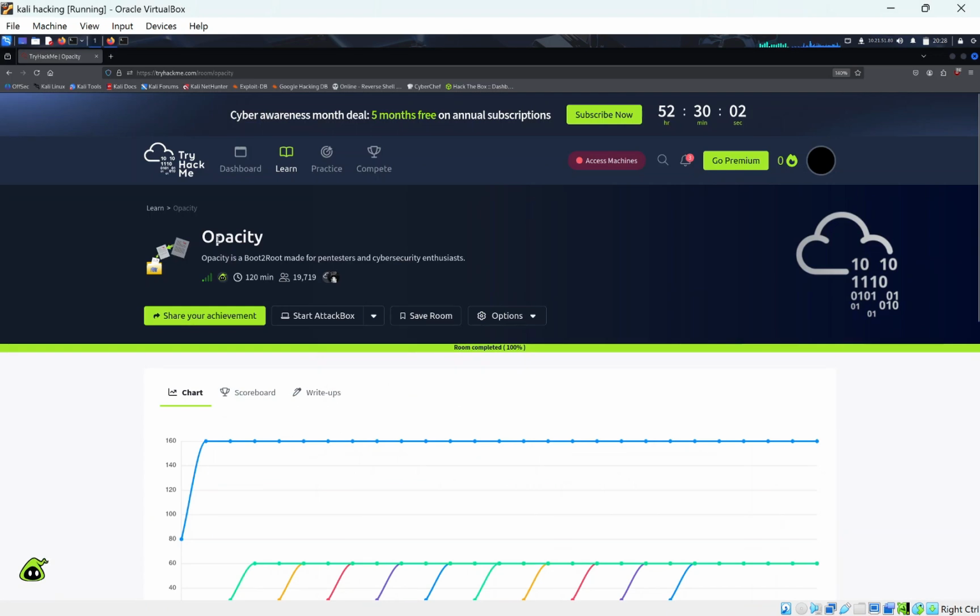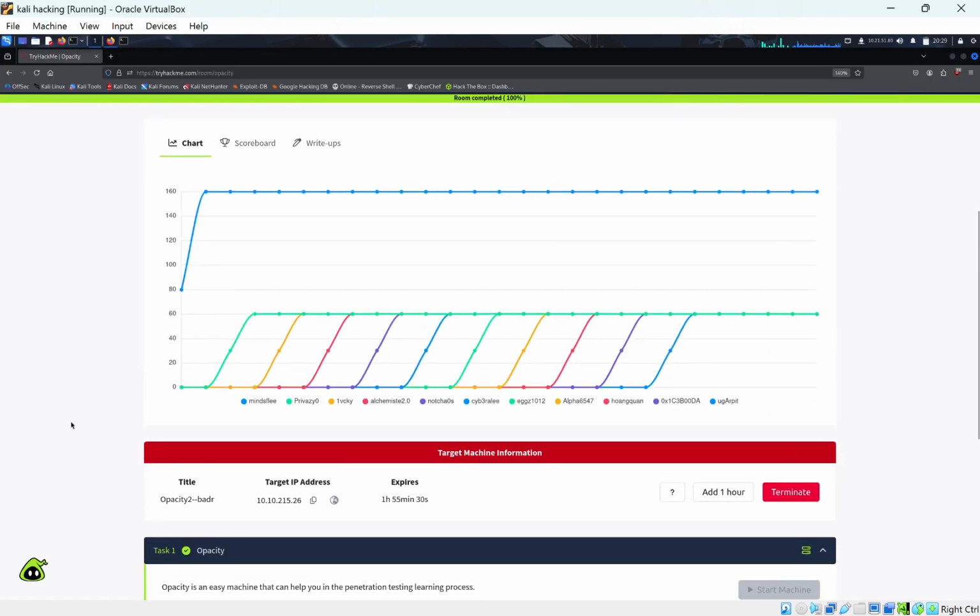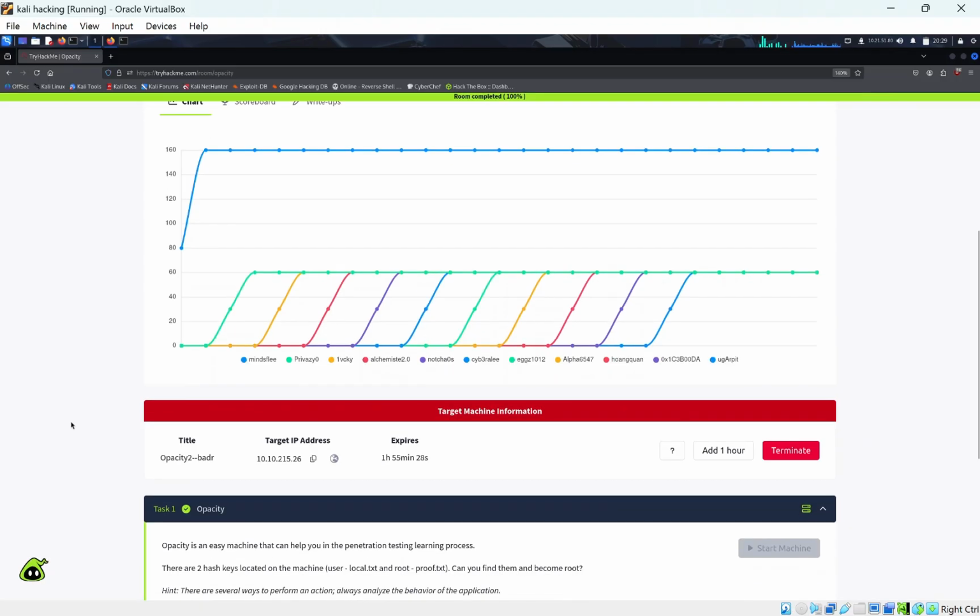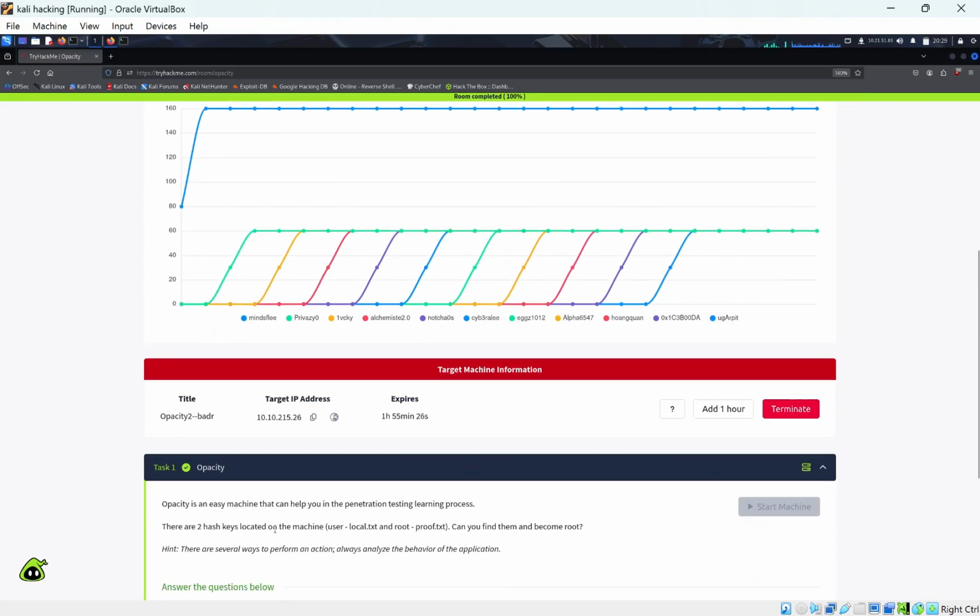Hi everybody, today we're doing a room called Opacity on TryHackMe, which is a boot to root machine that's rated easy on TryHackMe. So if we scroll down, we should be able to get a bit of a description. We can see that it's an easy room that can help you in penetration testing and the learning process. There are two keys located on the machine, local.txt and proof.txt. And the hint is that there are several ways to perform an action, so always analyze the behavior